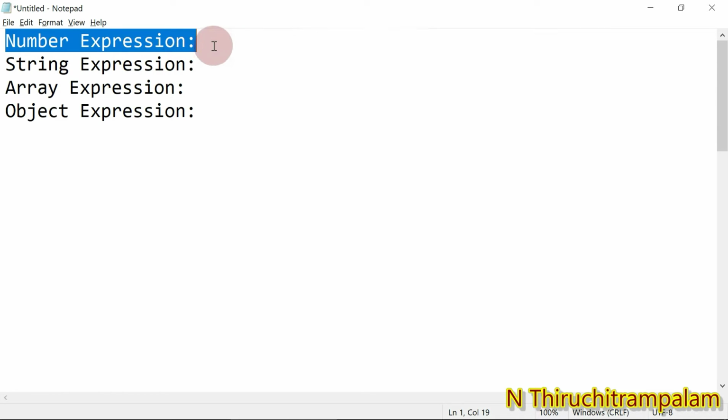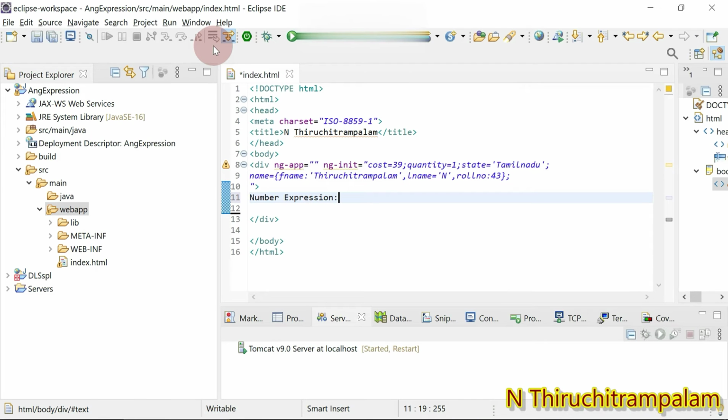For the number expression, within double curly braces, we have already initialized cost and quantity, both integers. Cost contains 39 and quantity contains 1. So I'm going to make use of those variables: cost asterisk quantity.